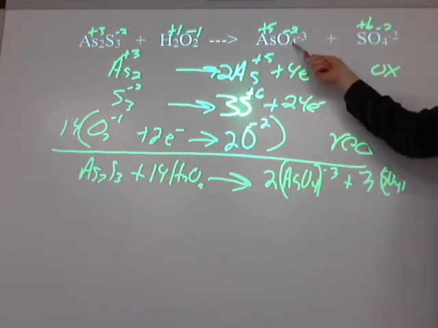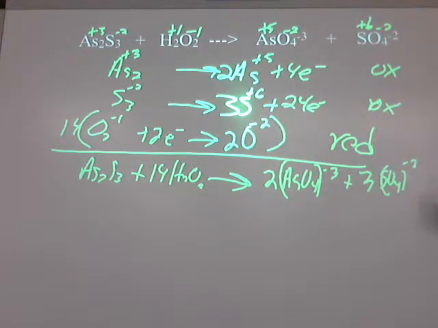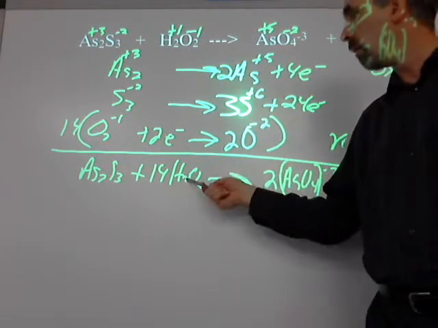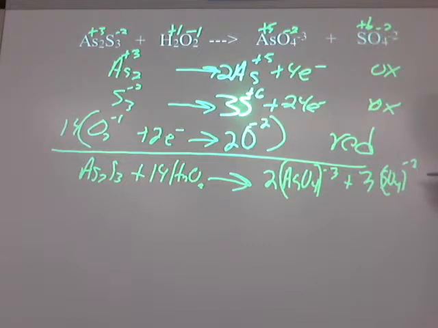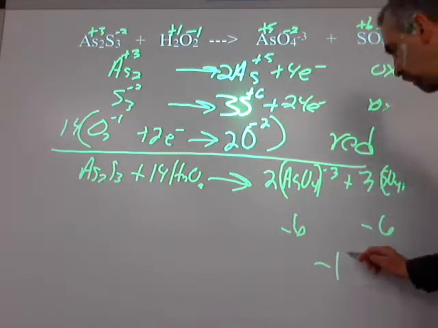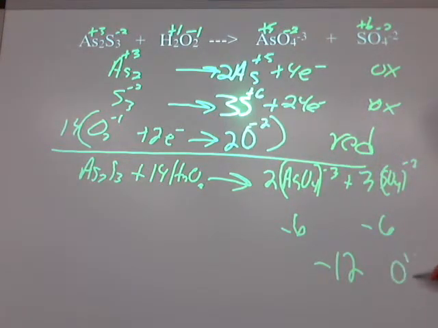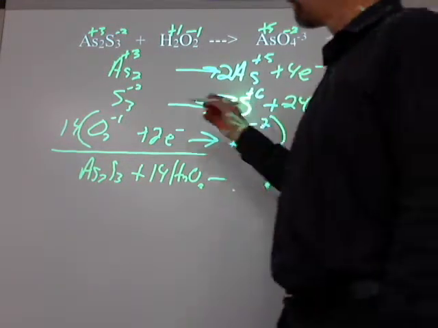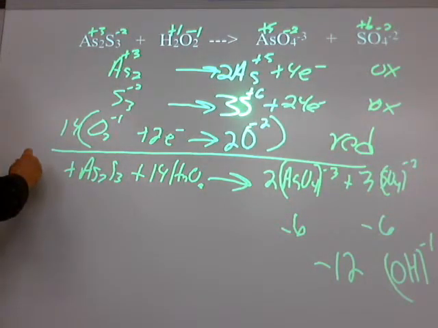Anywhere over here, I have to have a total of 28 oxygens with a -2 charge that came from this hydrogen peroxide. All right, so I'm ready to go. I'll make sure at the end, but I'm ready to do my actual charges. I have a -6 there, a -6 there, so -12. Now this time I'm only able to add OHs with a -1 charge. What side am I going to put them on? This side's got a -12. I got to make a -12 on this side. So 12